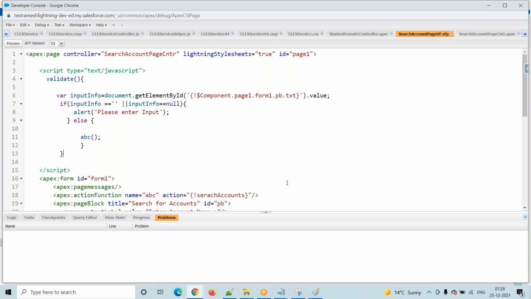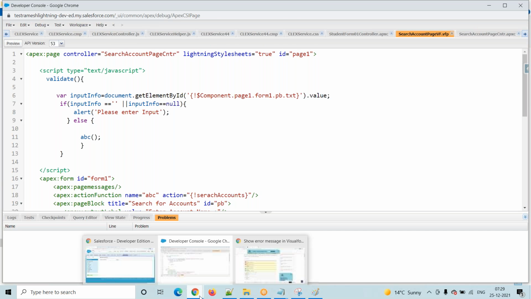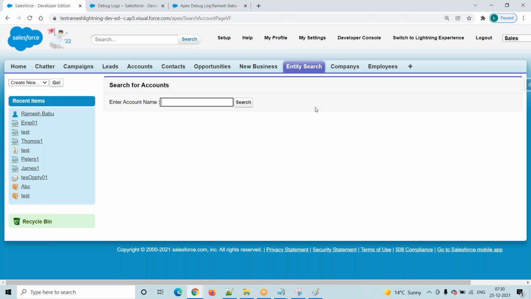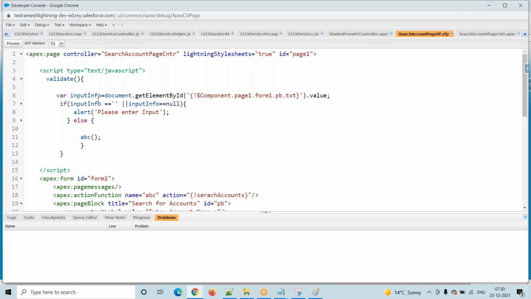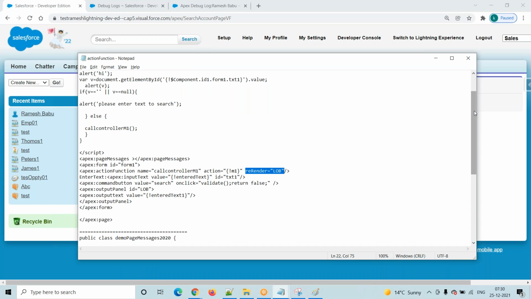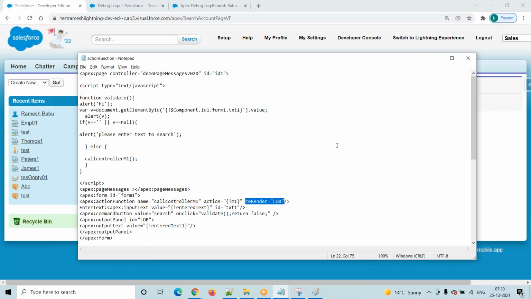I will go and verify this one. Refresh this and click on the search. It is not showing anything, right? Then I will go here and add an alert, 1 second, the script type is JavaScript only, right?